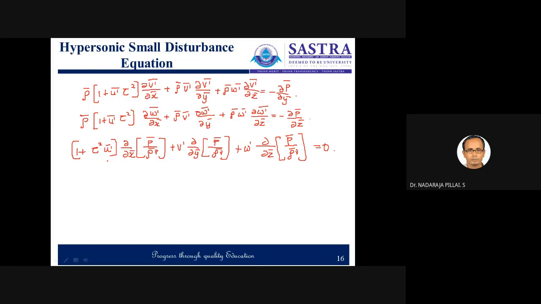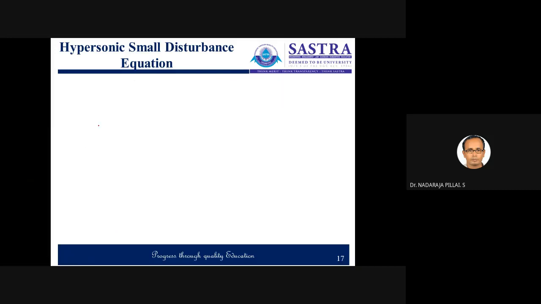Therefore, the terms involving τ² can be ignored when compared to the remaining terms. Then we can write the new set of hypersonic small disturbance equations as